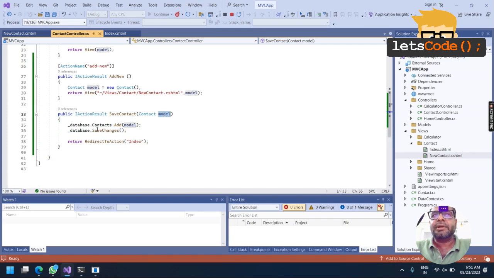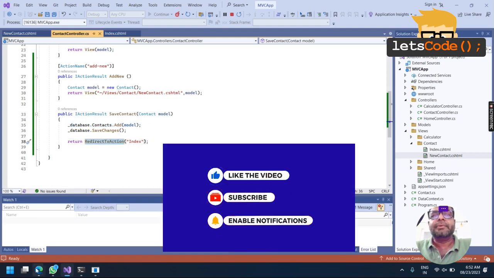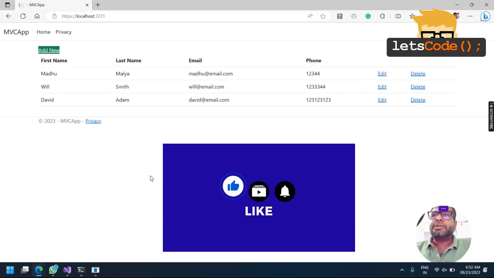We got the data in our model, simply used our entity class, added it, and saved the changes. So we created the save contact method that receives the data in the model, adds it into the collection, saves the changes, and redirects back to the main view. It's completely functional. I'll upload this code also so that you can refer to it.